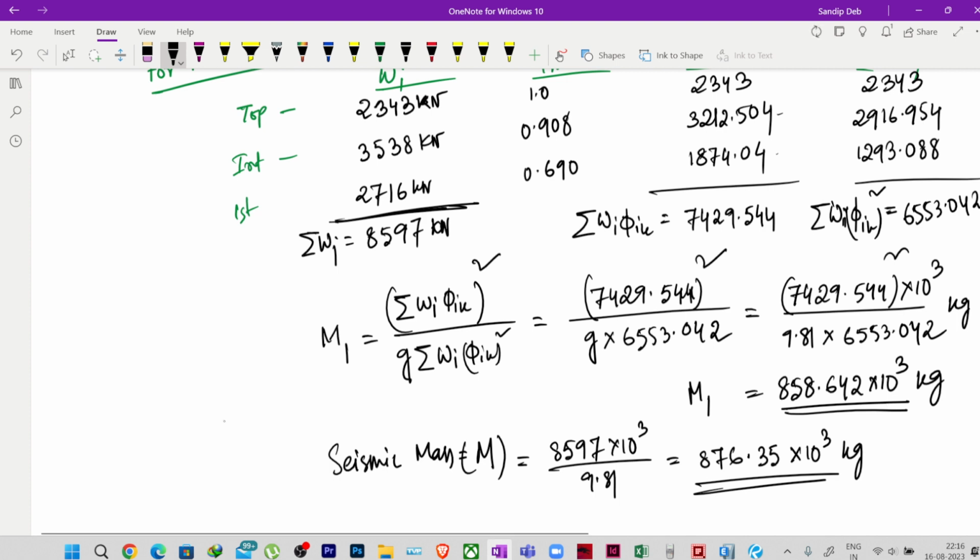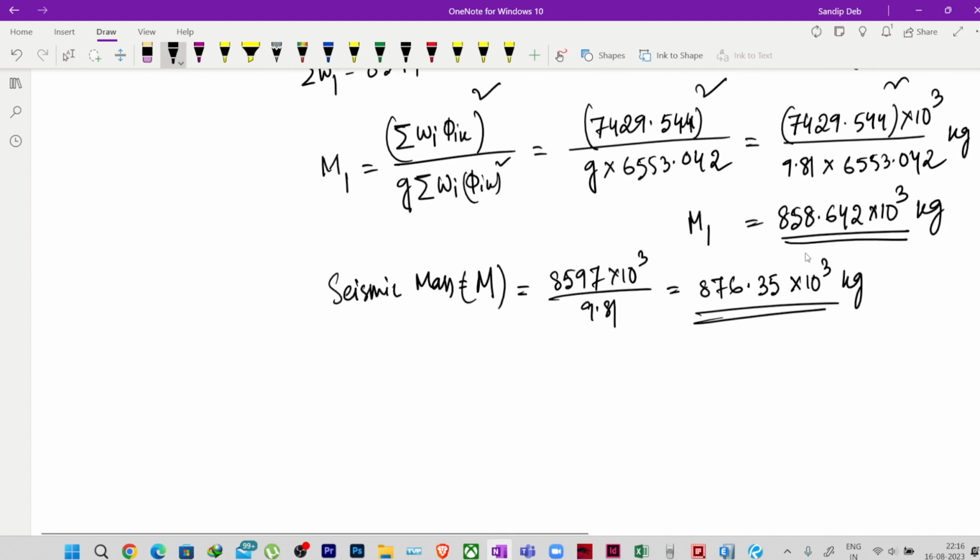Okay, so now if I want to find out how much mass from the total seismic mass is vibrated in the modal mass 1, or you can say in the mode 1. So how much percentage of mass of the total seismic mass vibrated in the mode 1? Okay, so I can simply write it that